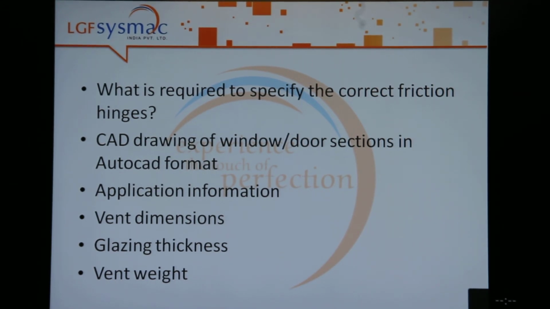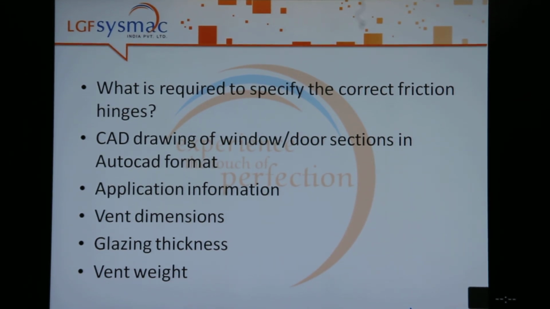We need the vent dimensions, glazing thickness, and vent weight. By the vent dimensions and glazing thickness we can find out the vent weight, and after that we can specify the correct friction hinge according to the weight and the dimensions.